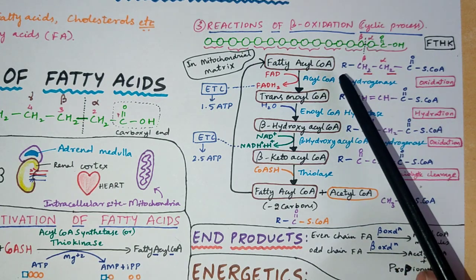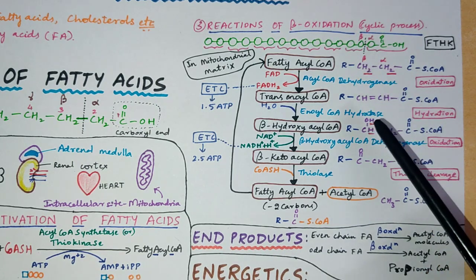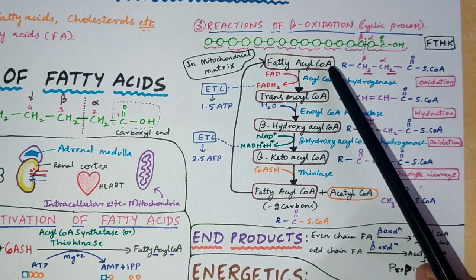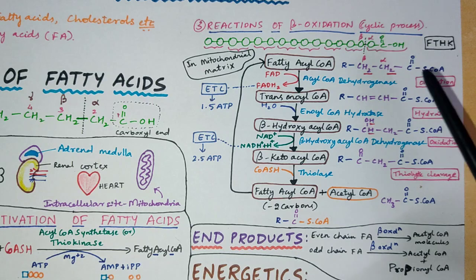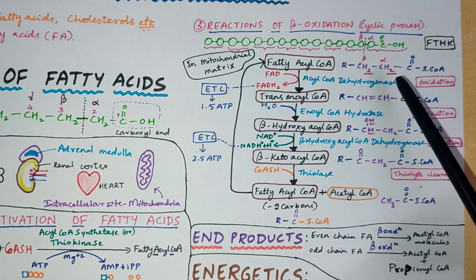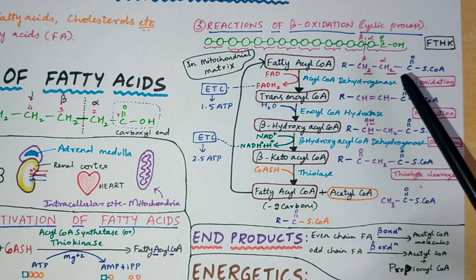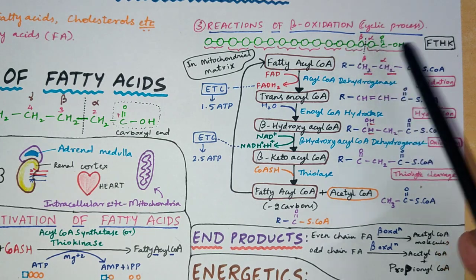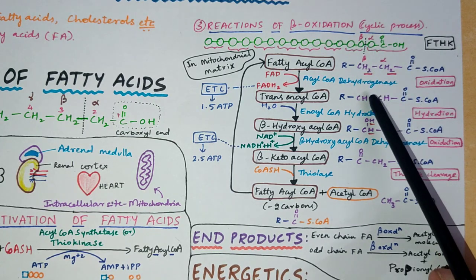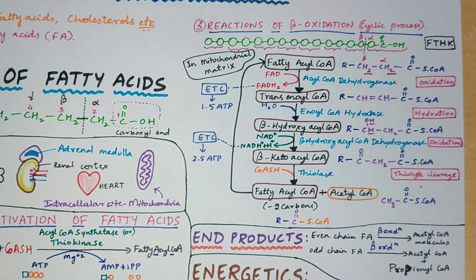Let's ask fatty acyl CoA to give 2 hydrogens, one from alpha carbon, one from beta carbon. Then the fatty acyl CoA will tell, oh yeah, I have more hydrogens, I can give it to you. Okay, take. As it gives 2 hydrogens, it gives us energy as well. What happens to the structure is, 1 hydrogen is removed from the alpha carbon, 1 hydrogen is removed from the beta carbon, hence it forms a double bond in between alpha carbon and beta carbon.